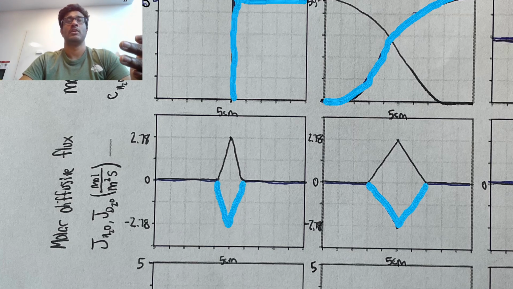meaning that H2O is going to have a positive molar diffusive flux, and D2O is going to have a negative molar diffusive flux. And in the beginning stage of diffusion, there's just a small amount of diffusion going on,